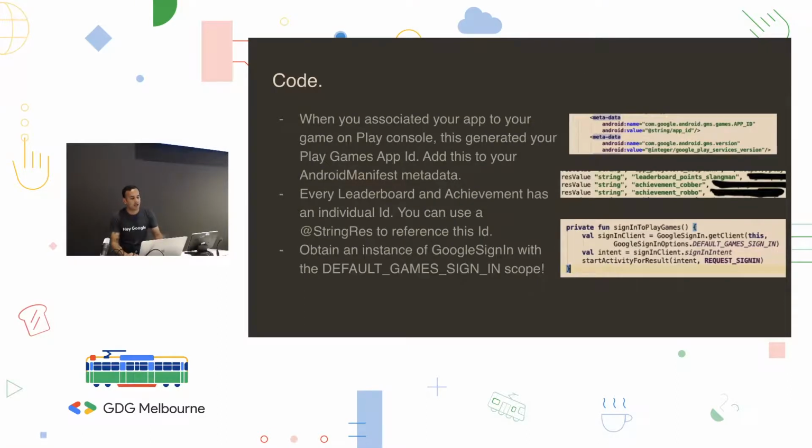When you do the sign-in part, you've got to make sure that you've got the scope for game signing. There's another scope called game signing lite. Don't do that because it's not going to have any user data. So when I first loaded the screen, it has a rank and the score there. That sign-in actually gave that to me.